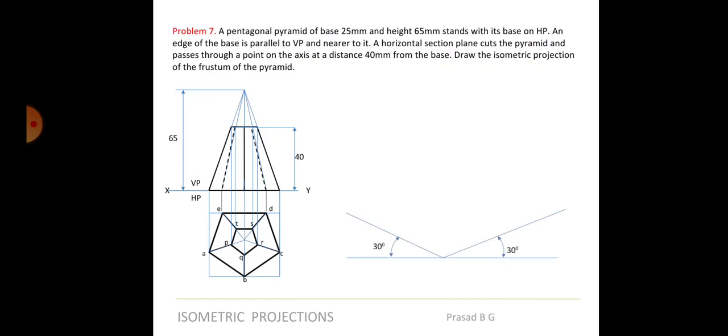Okay, so I have named the inner points as P, Q, R, S and T, base as A, B, C, D and E. It's a pentagon. So base edges I have taken as A, B, C, D, E, and the top edges I have taken as P, Q, R, S and T. Okay, so now we have drawn the 30 degree line. Now what we have to do, we need to measure the distances here. We have to measure this distance first, this edge and this edge, vertical edge and horizontal edge.